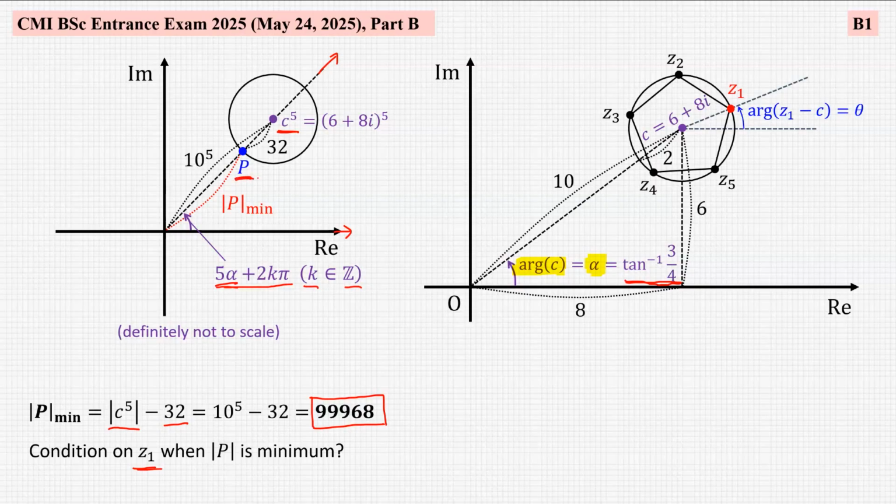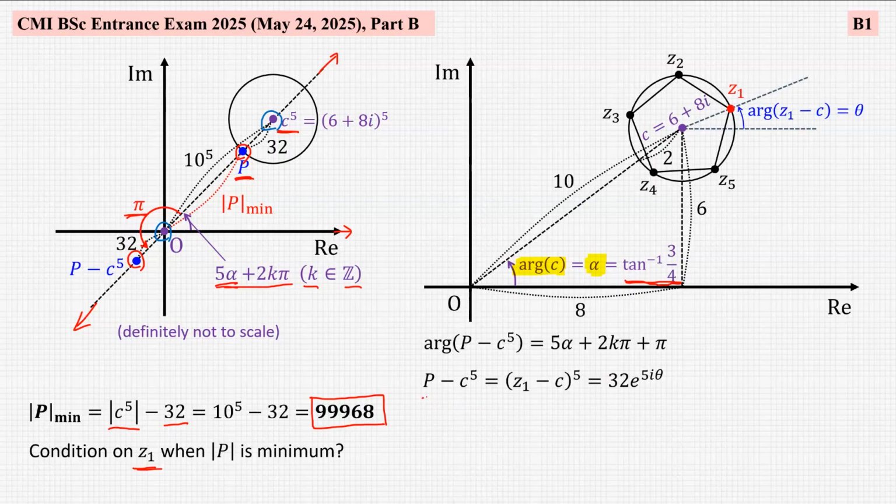If p is located at the position of minimum magnitude, then if we move it by the translation which brings c to the 5th power to the origin, point p will move to point p minus c to the 5th power, and because this point is in the opposite direction to the initial ray, its argument must be 5 alpha plus 2k pi plus pi. So we have argument of p minus c to the 5th power is 5 alpha plus 2k pi plus pi,